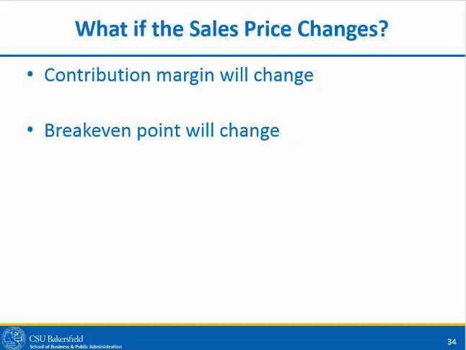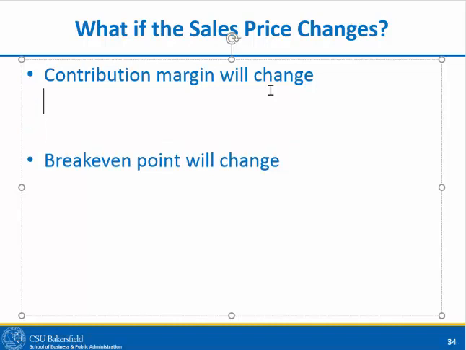What if the sales price changes? The contribution margin will change. Let's assume that when we say one thing changes, other things remain constant. In this case, if sales price changes but other factors remain constant, contribution margin will change. Why? Because contribution margin